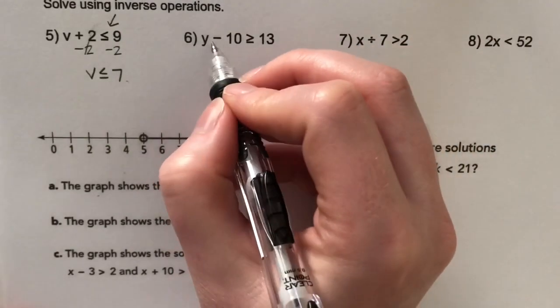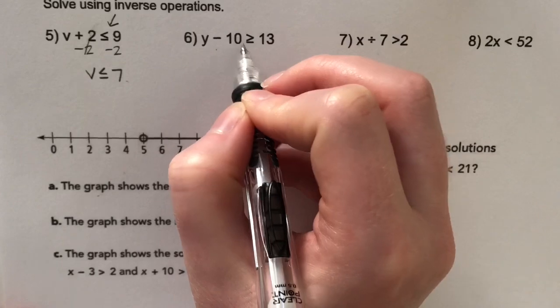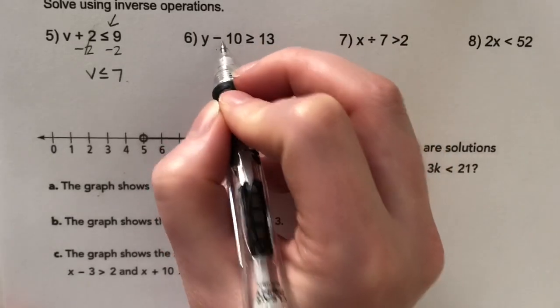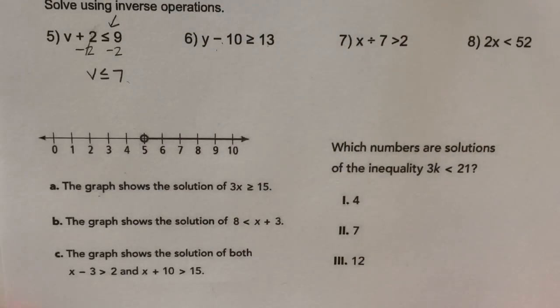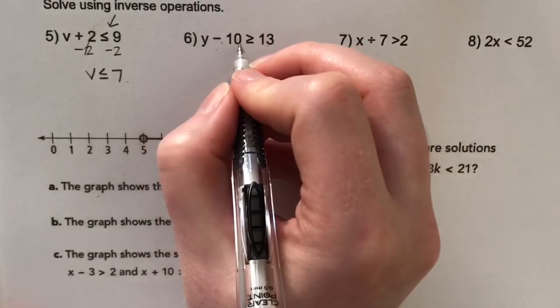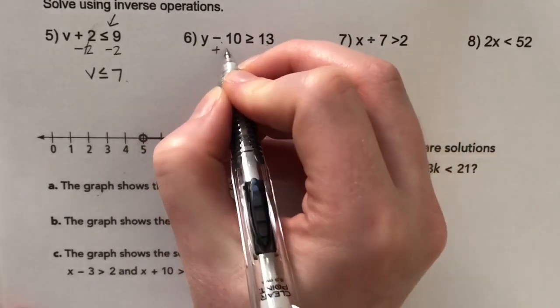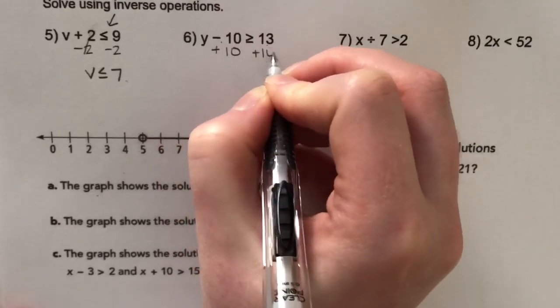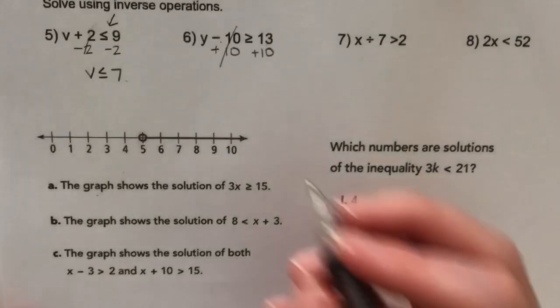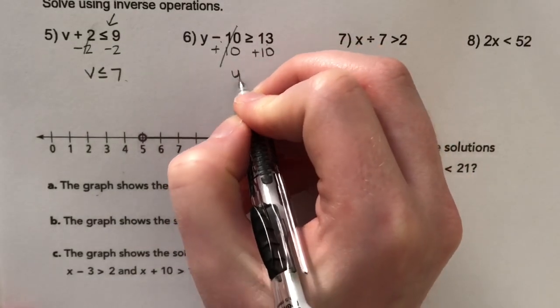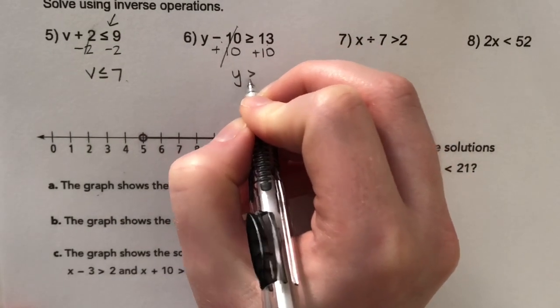Here, what numbers can I put in for y to make this side of my inequality greater than or equal to 13? So what do I need to do? I have a minus 10 here, so I'm going to do the opposite. I'm going to add 10, I'm going to add 10. Minus 10 and a plus 10 cancel each other out. Those make a 0. And I'm left with y is greater than or equal to